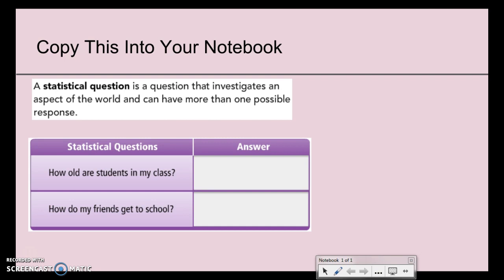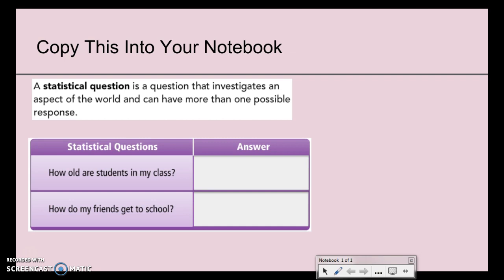How do my friends get to school? Now that could be, again, multiple different answers, because maybe they walked, maybe they rode a bike, maybe they rode on the bus, maybe their grandma drove them, or maybe they rode in the car. Hopefully you didn't drive yourself, because my friends, you're in middle school, you should not be driving yourself to school, okay? But again, these are statistical questions, so you should have more than one response if you were to